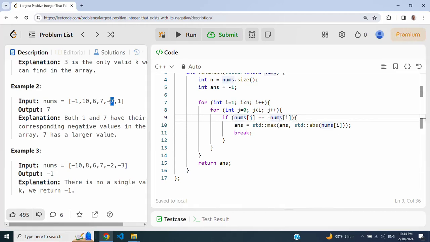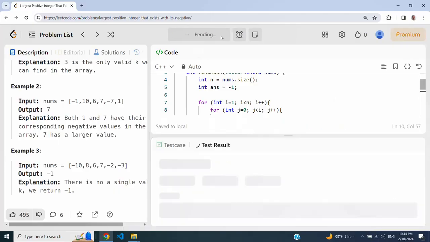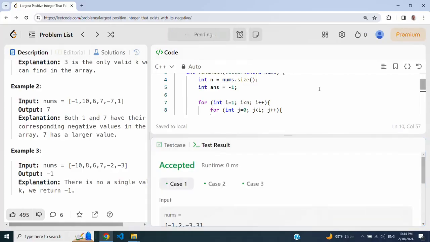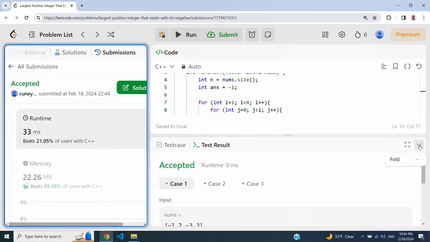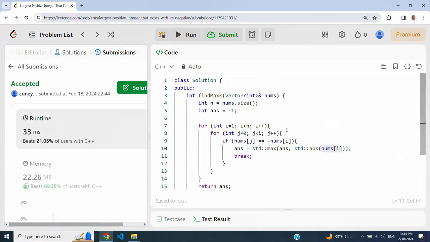The reason I had to take the absolute value was because I don't really know whether nums[j] is the negative value or nums[i] is the negative value. Like in here, when I go to -7, which is nums[i], I would find 7 in the front of the array, but I am taking nums[i], so I don't know which one is the negative number. That's why I have to take the absolute value. So let me run this thing, and you're going to see this is an n square algorithm. And let me submit. Yes, it works, but it is slow because it's an n square algorithm.